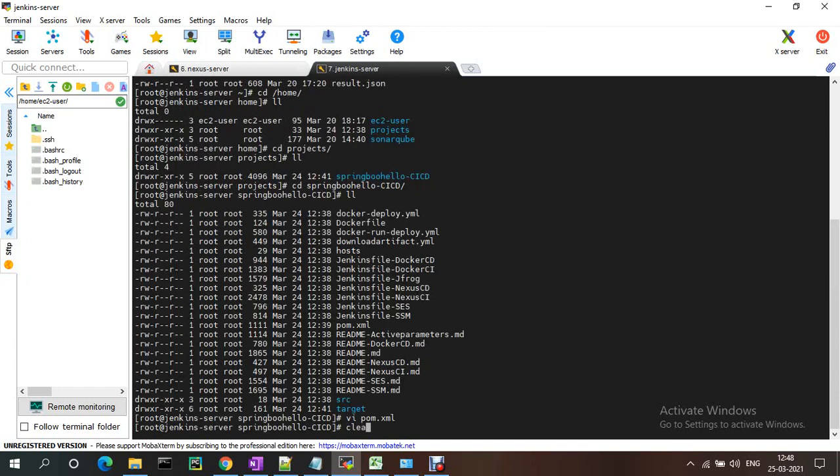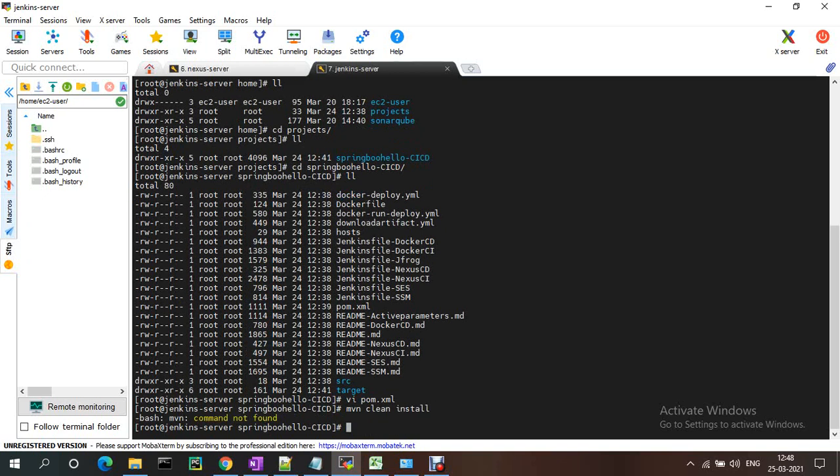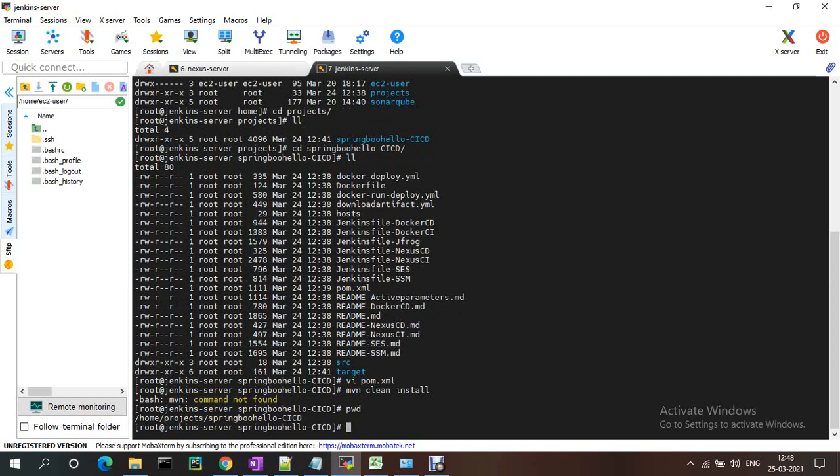And if we do mvn clean install, or mvn clean package also, anything is fine. Just need to update the path.